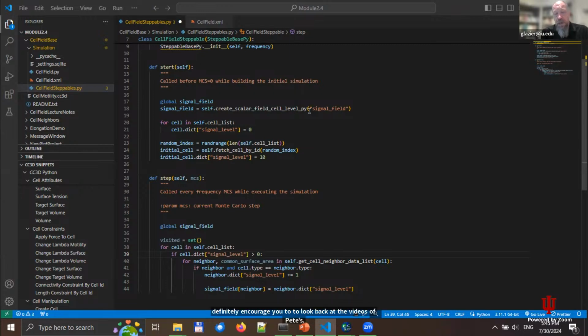Also, I put in the chat some links to the various manual pages covering some of the topics that Pete addressed. You can use those now. Now that you know the terminology, you can find how to look them up. And also, there are different versions of some of these topics. Some of these things are very new because Pete was the one who wrote the code for them, so they're brand new. But for some of the topics that have been available in CompuCell for quite a while,